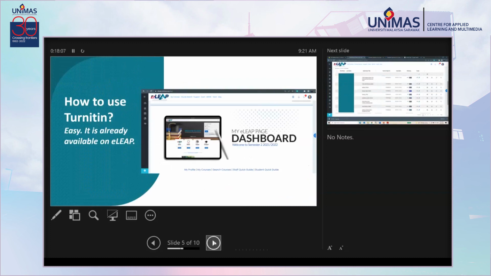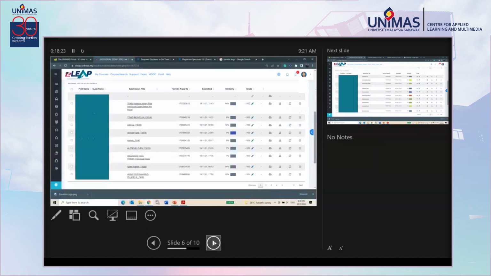Easy, it's already on eLEAP. All right, so it's already on eLEAP. I will show you step by step how to set up the Turnitin link later. Okay, moving on. I'll show you the outcome of Turnitin. So this is